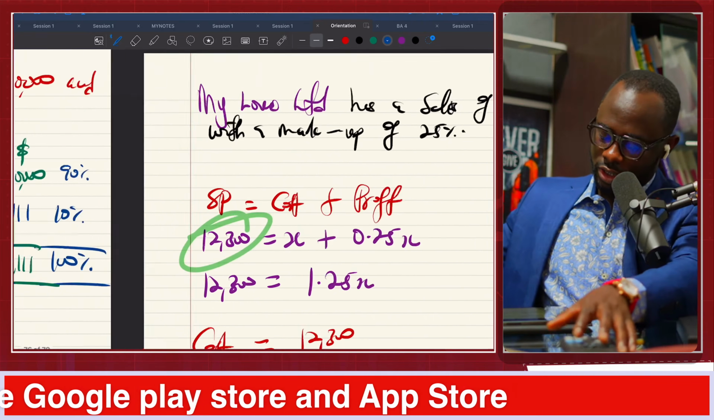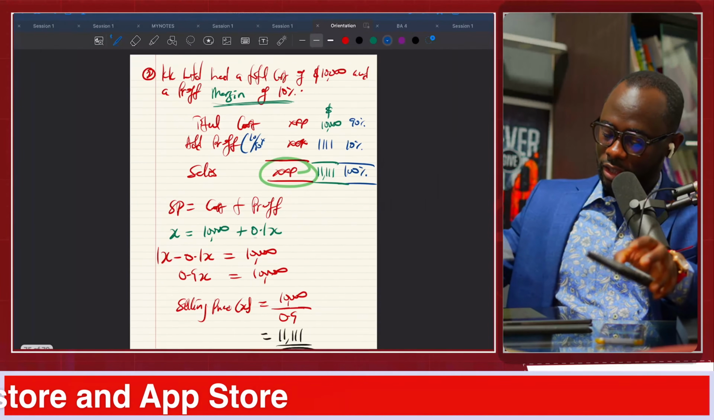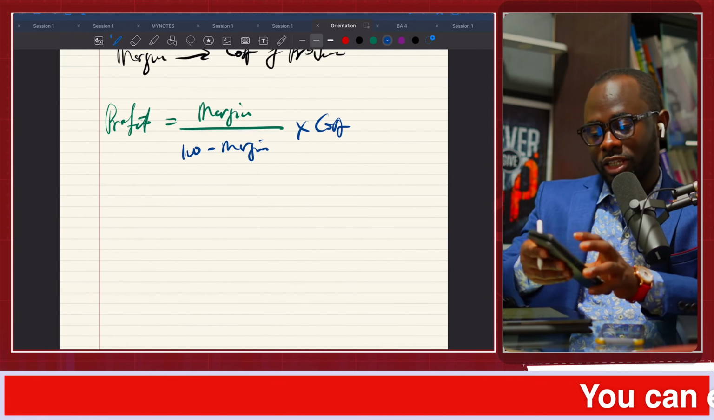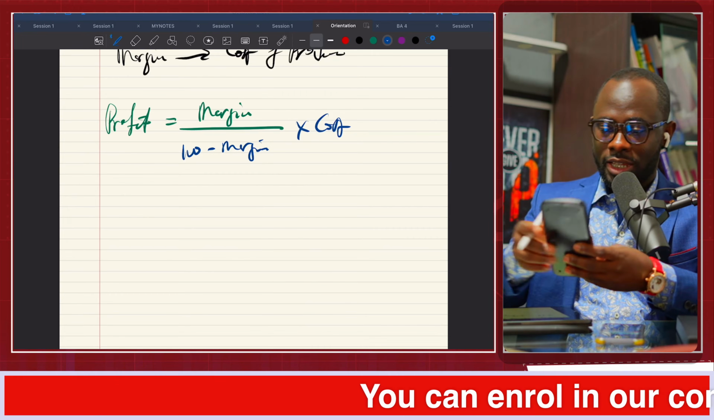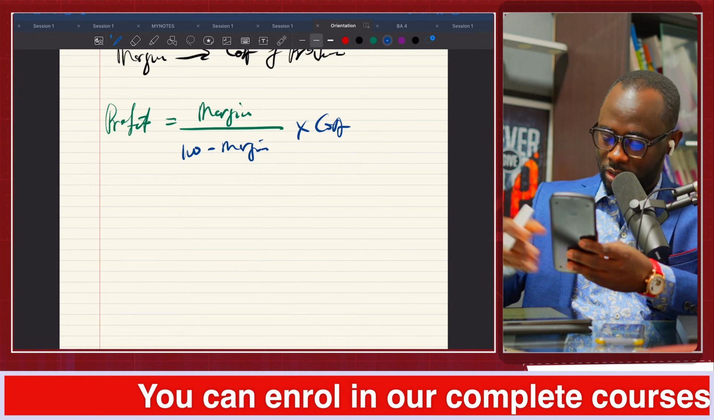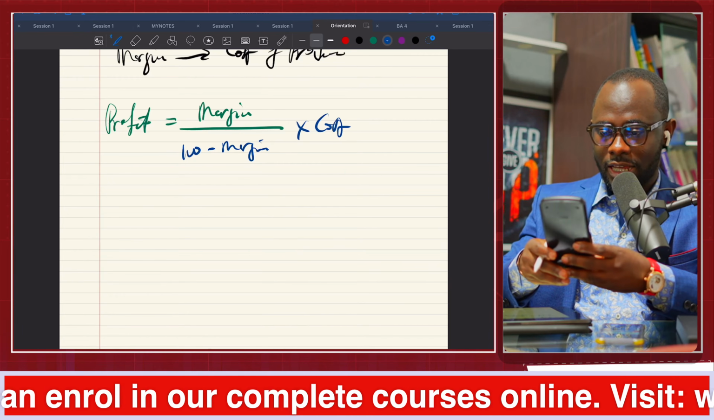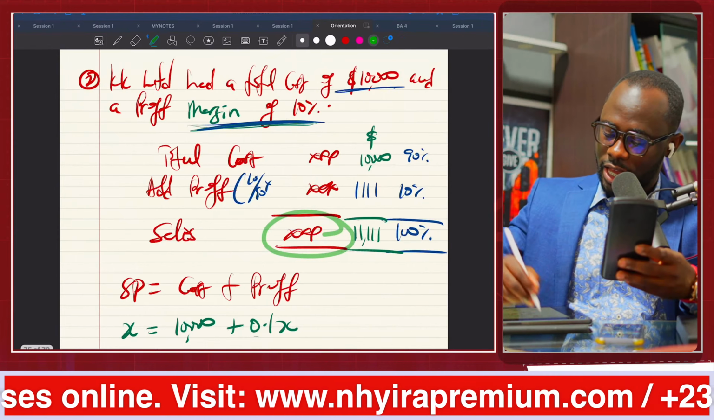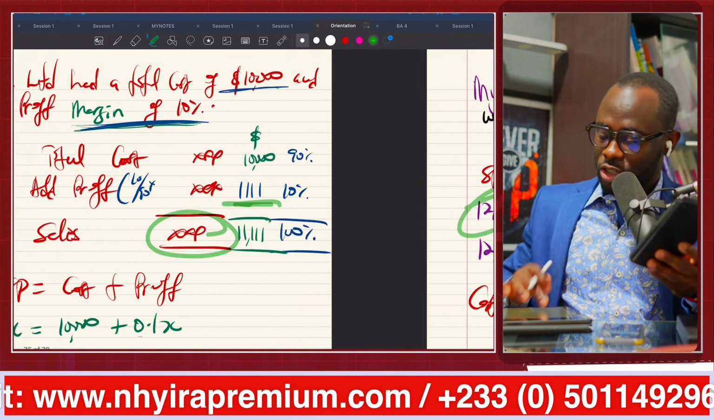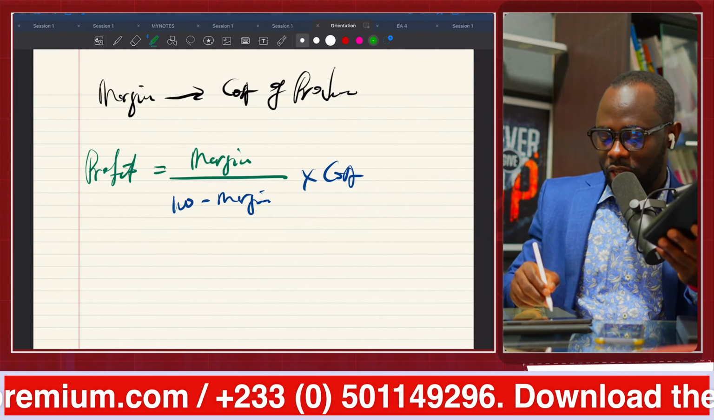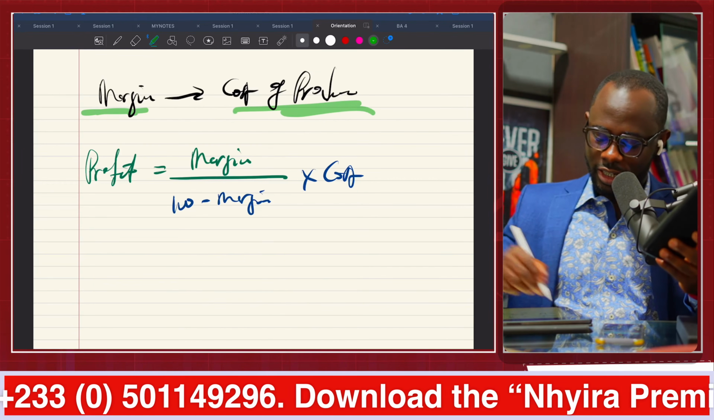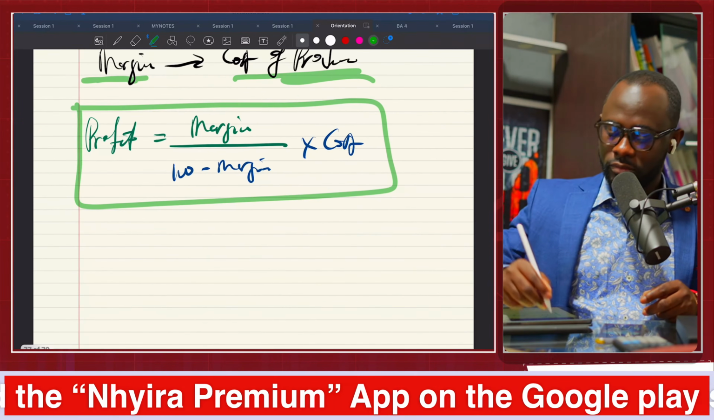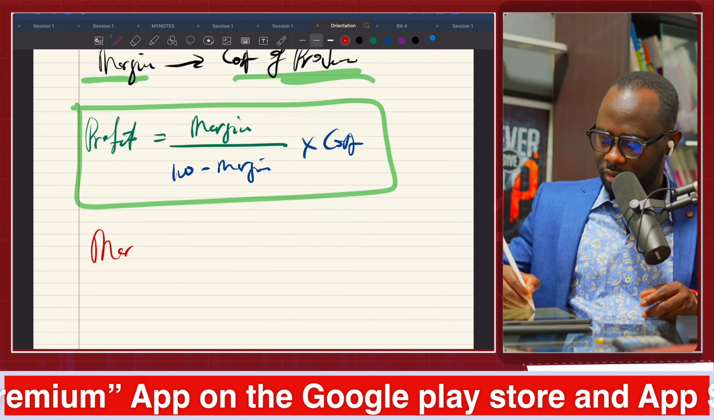So let's do that for you to see. If we come back to this scenario here, we're giving margin of 10%, the cost is 10,000. So if we are applying this formula, it's going to be 10 divided by 90 times the cost of 10,000. And that gives us 111, which was the profit we had here. So in simple language, if I'm giving margin, but I have cost of production, this is the concept for getting my profit figure. But then if I'm giving markup,